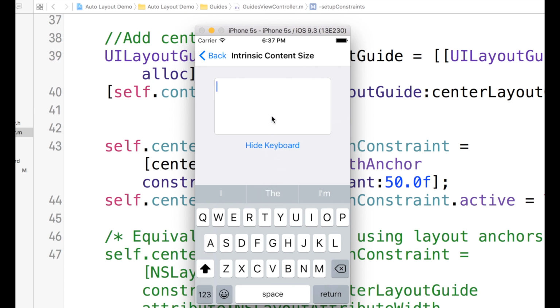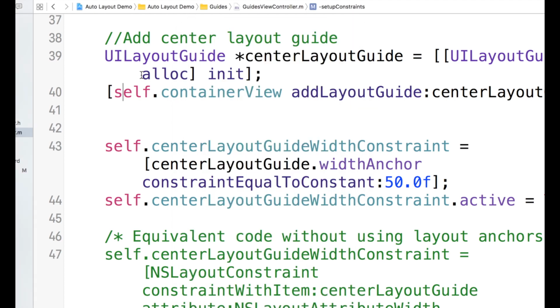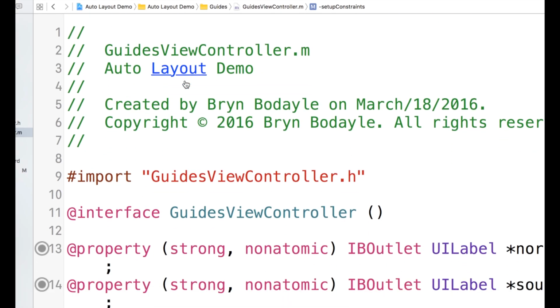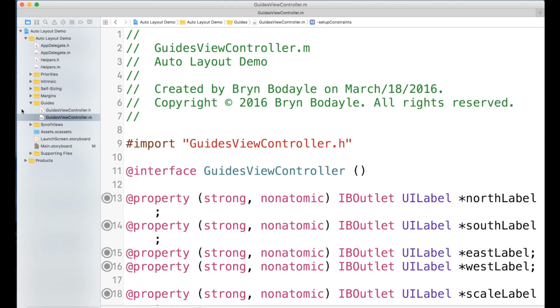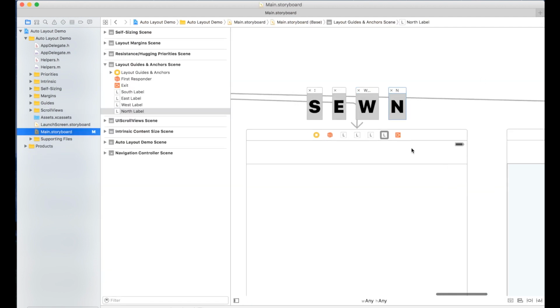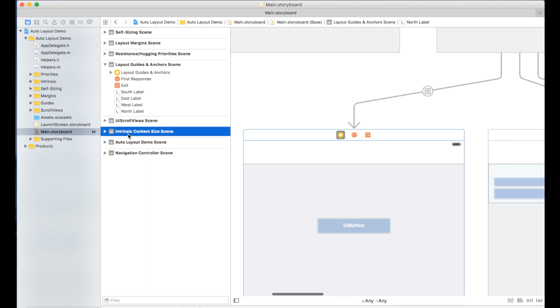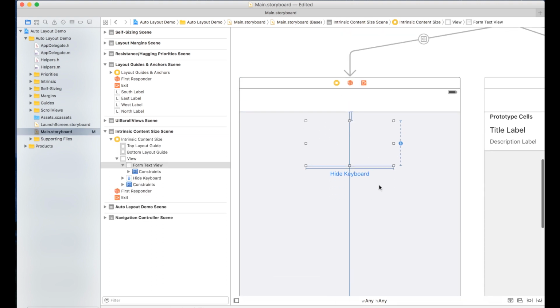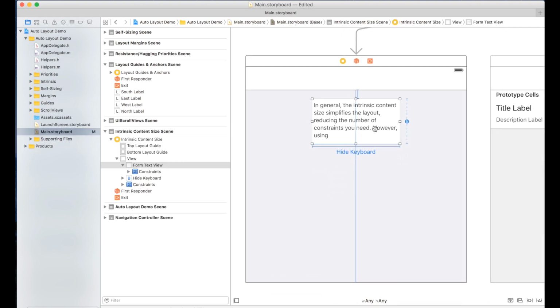I'll go ahead and show you the code for that, one way to do intrinsic content size that's pretty helpful. So let's go right here. Give it a sec. All right, so I've got this custom